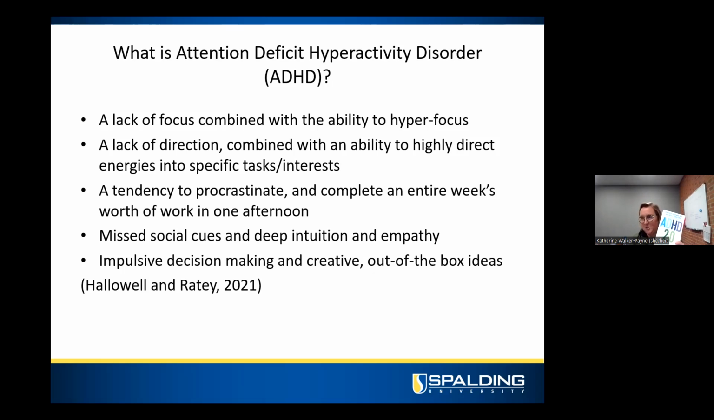It's called ADHD 2.0 by Hallowell and Ratey. They're both physicians who have ADHD themselves, but it's a great book. It's really practical strategies for thriving as a person with ADHD. So I'm happy to recommend the book in more detail. There is a reference slide at the end as well, but it's a good read, an easy read, something that